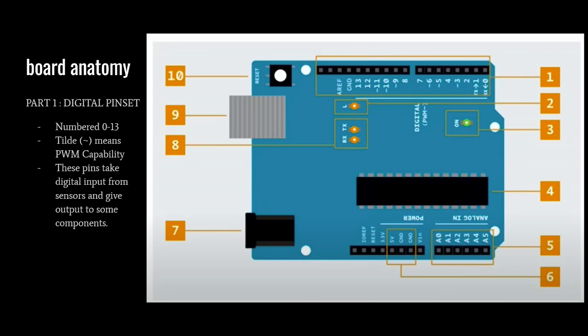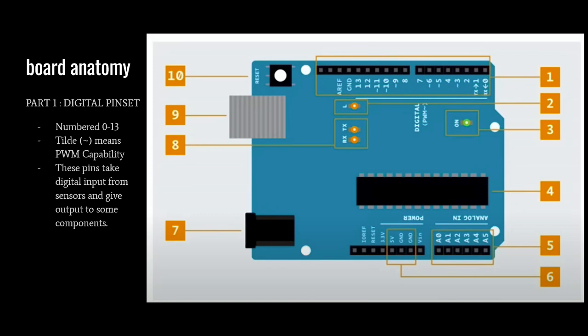Right, here's where I get into the more technical stuff. Board anatomy. This diagram is going to be plastered all around the next few slides, and I'll be explaining every single thing that you can see over here in a bit of detail. First, the digital pin set. The digital pin set is numbered 0 to 13. Okay, 0 to 13. It's the things over here, right? And this, I'll explain what the tilde is later, but this takes digital input from the sensors and gives